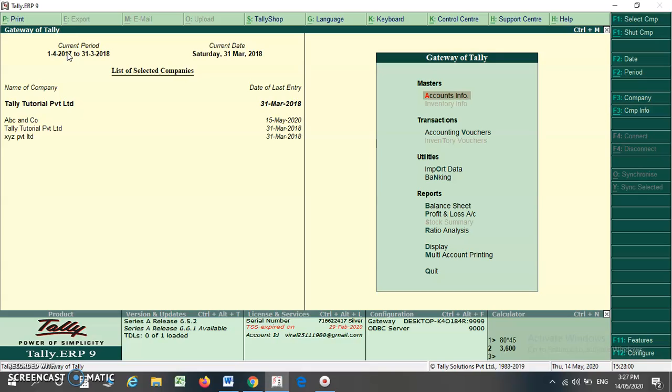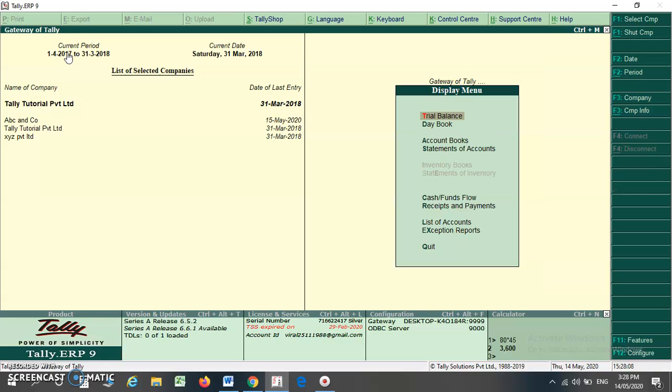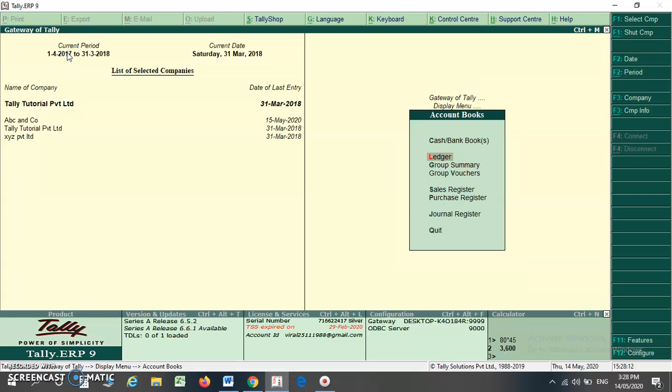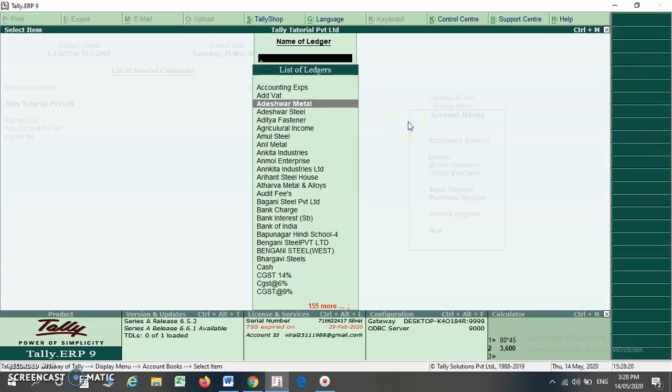For example, I want to see my CGST account ledger. Just go to the display tab or press D from your Gateway of Tally. Press A for accounting books. Select L from your keyboard for ledger, or select ledger from the accounting books menu. Here the list of ledgers appears.